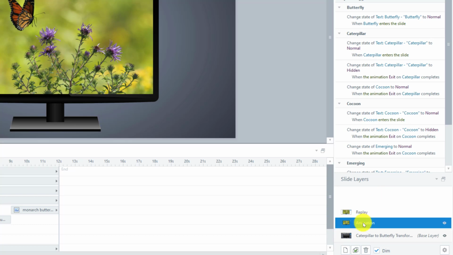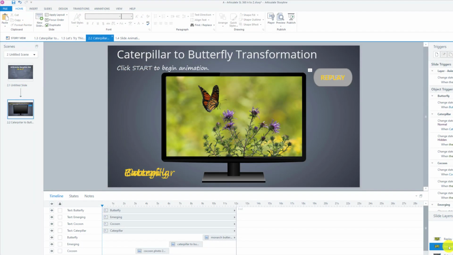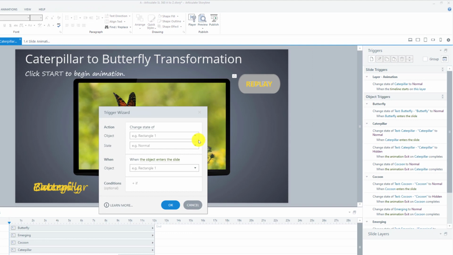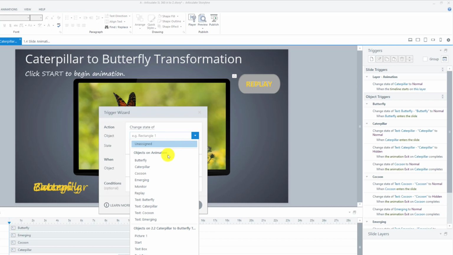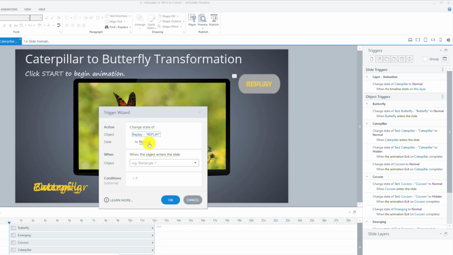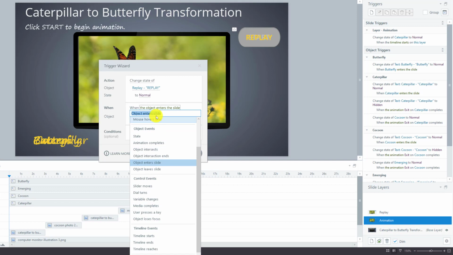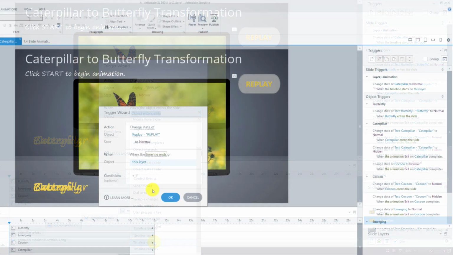Okay, let's go back to the animation layer and we're going to create three more triggers for the replay button and to trigger the next layer. So we're going to change the state of the replay button to normal. Now we want it to show up when the timeline ends on this layer. So go down to your timeline triggers here, and I'm going to explain more about all this in another video, but we're just going to focus on what we need for this. So when the timeline ends on this layer,